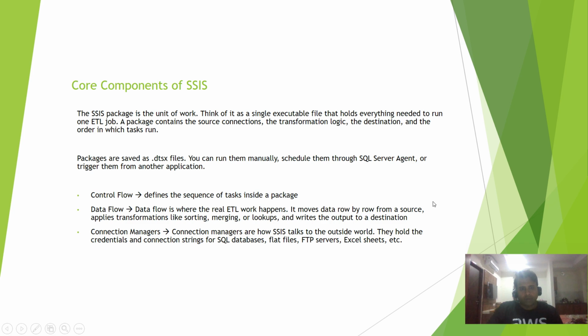So some of the core components of SSIS. SSIS basically is ultimately a file. So basically, an SSIS package is a unit of work. It's a single file which has a DTSX extension, and this file contains everything: the logic for doing the ETL job. That includes the source, the destination, the transformation logic, and everything. We can schedule them using the SQL Server Agent, and it can also be triggered from ASP.NET or other